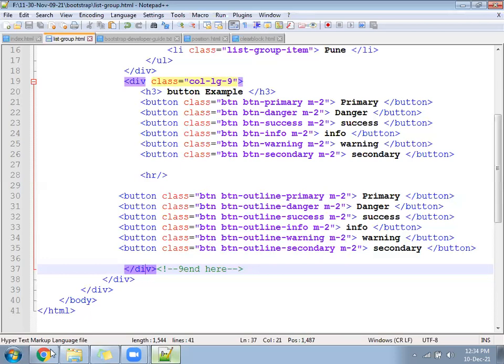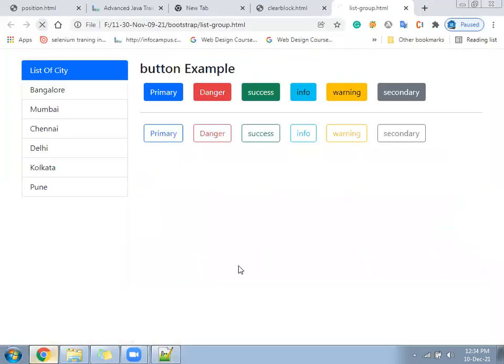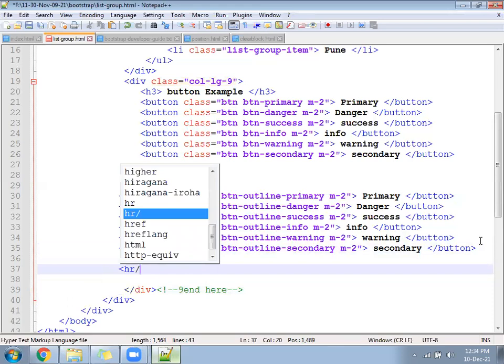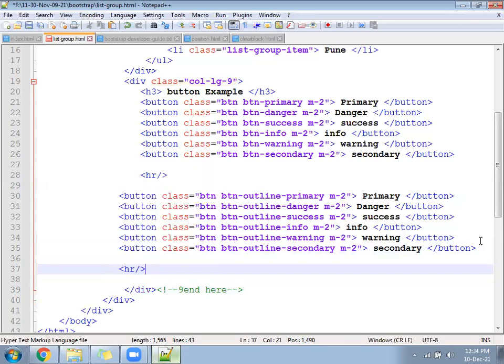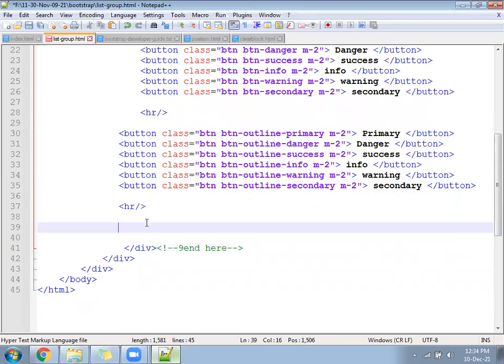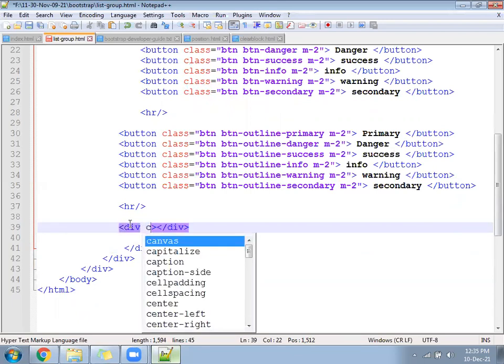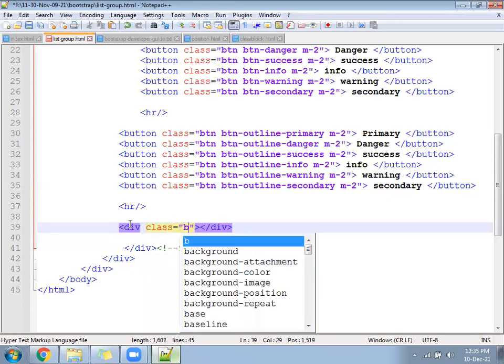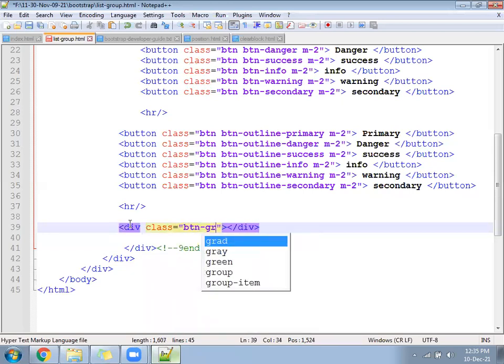Next, we can add one more button style, the btn group. Let's write one more HR. Inside, you can add a div, close the div, and for this div, write class equal to btn-group.